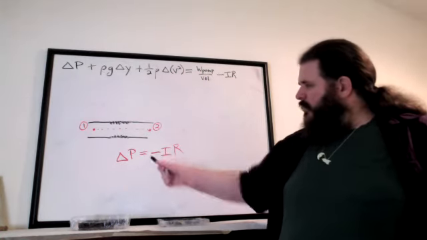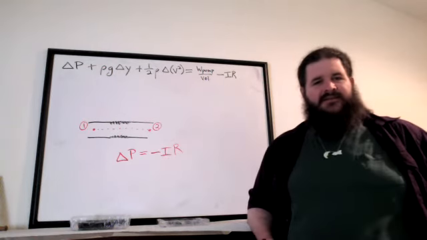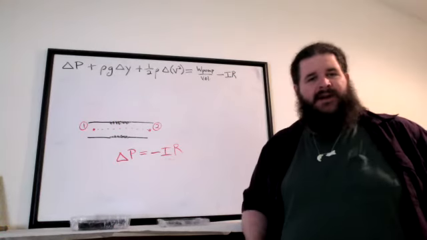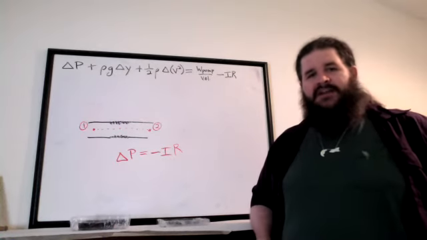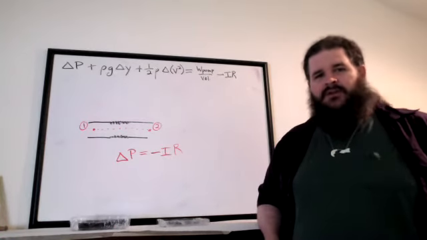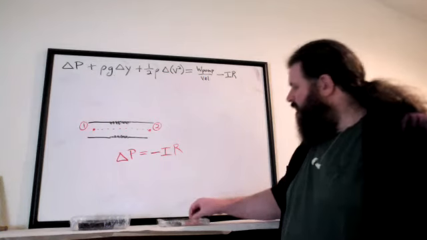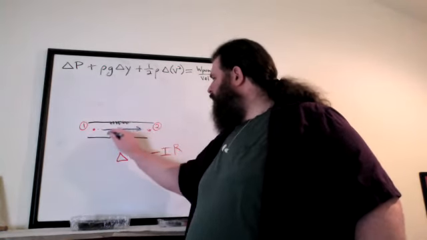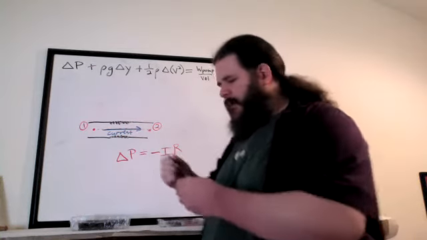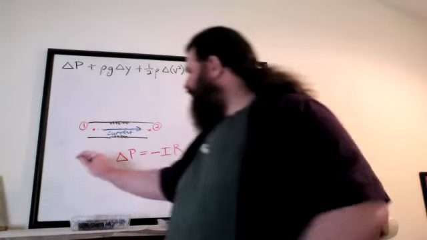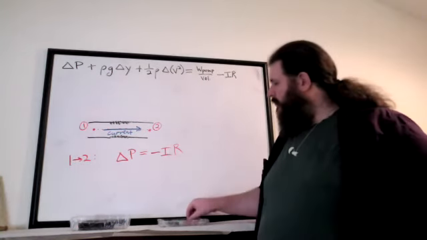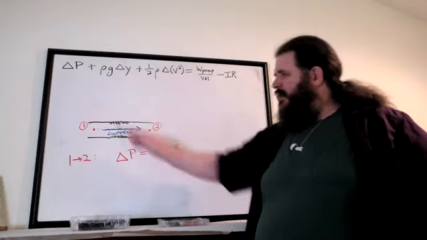But this negative sign here, what do you think a negative sign signifies in a case like this? The direction. Yeah, the negative and positive here, at least with regards to current, is all about direction. So direction actually matters here. All the other stuff we've been looking at, there's not really any difference in terms of which direction current is flowing. But if the current is flowing, let's say current flows from 1 to 2. And let's say we're treating the Bernoulli equation as from 1 to 2. In that case, since current is flowing from 1 to 2, and we're treating 1 as if it's initial and 2 as if it's final,